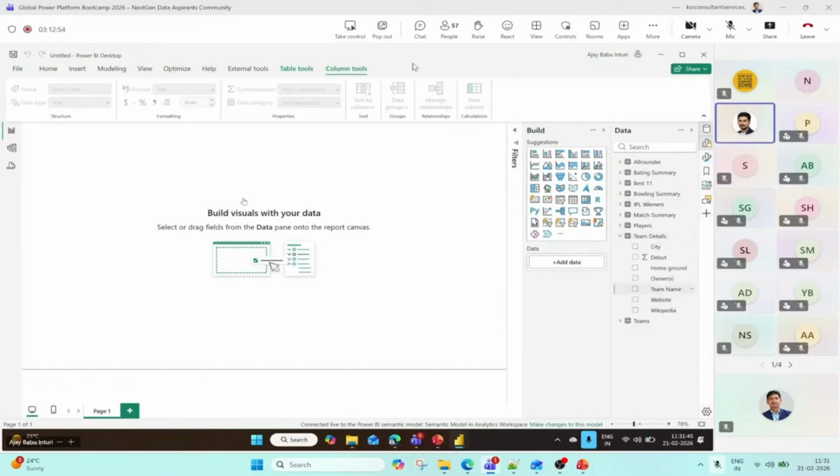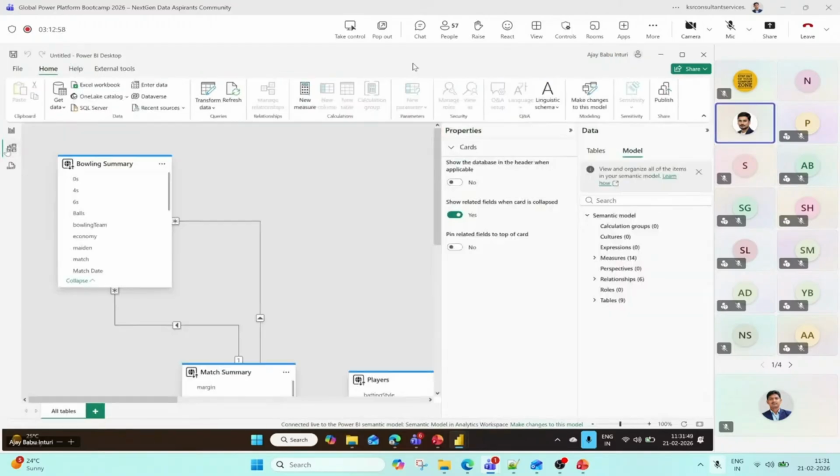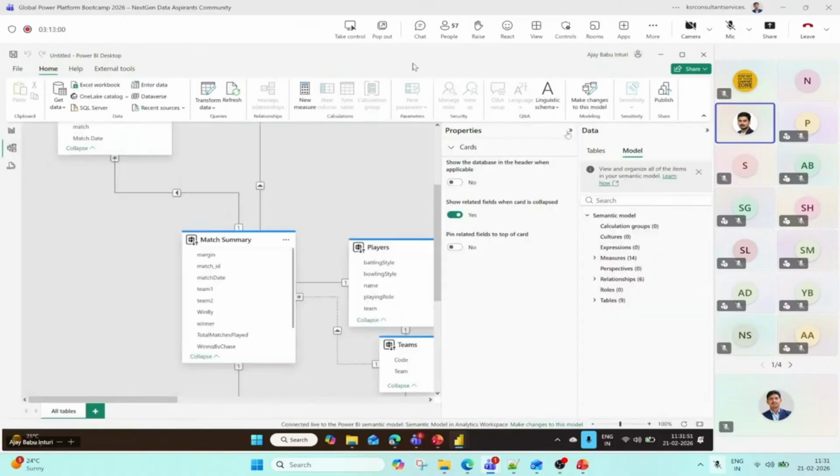Sampling team names. So if you see, it's already disabled, as I told you.